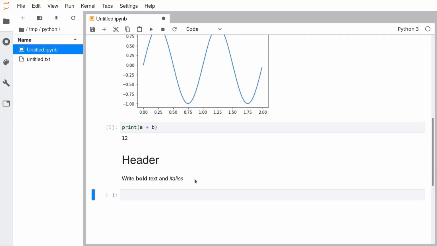And so what this allows you to do is to interlace with your code blocks of text which describe what your code is doing. And the real powerful thing about this is it gives you the ability to write a whole report